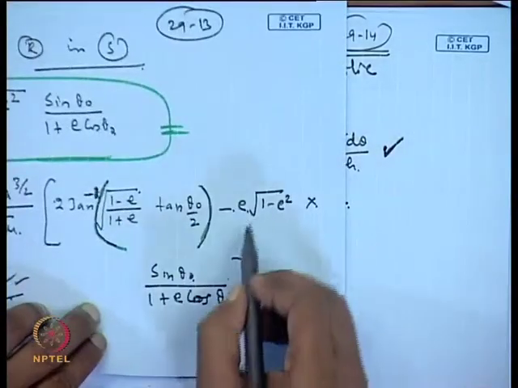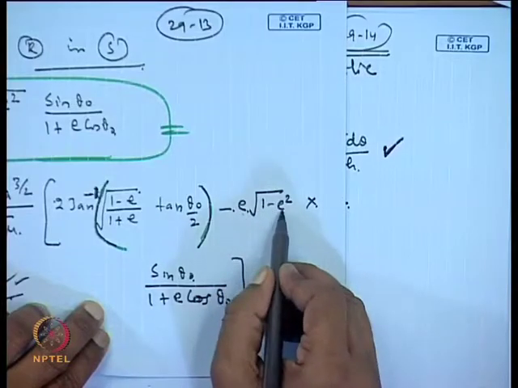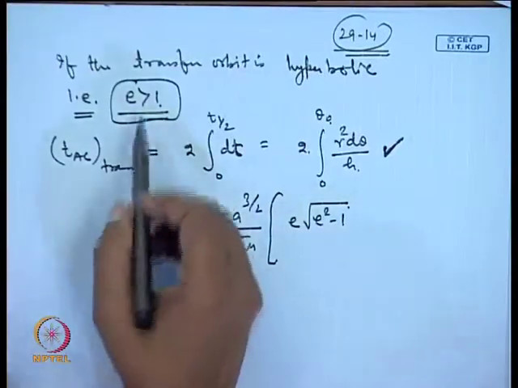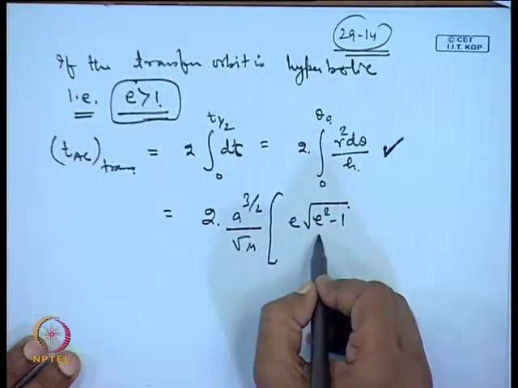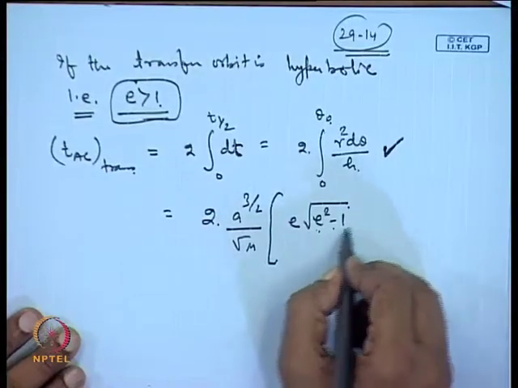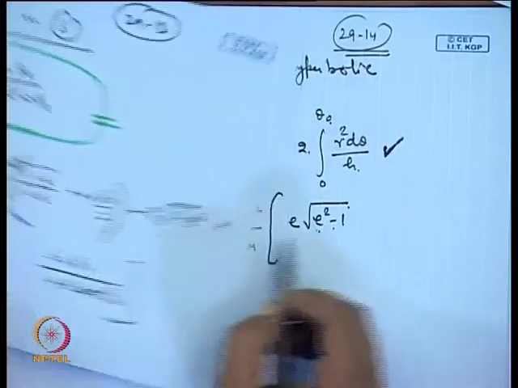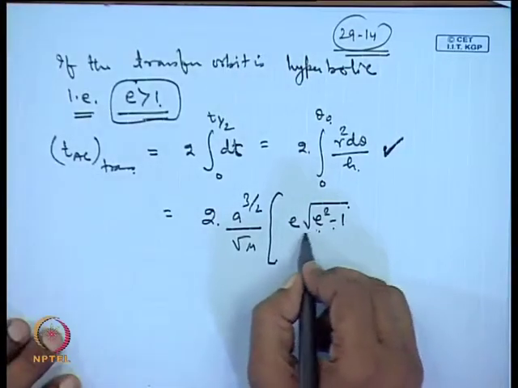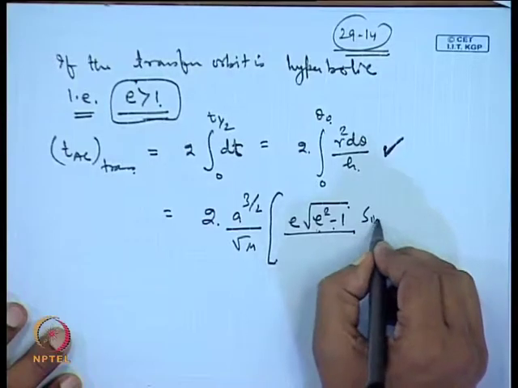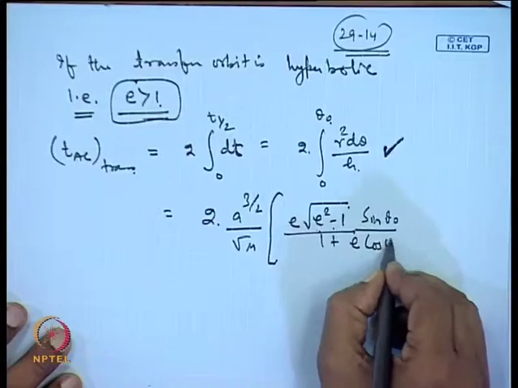See here the difference where it is appearing. Here we have written E times 1 minus E square, because E is here less than 1. Okay. In the case of hyperbolic orbit, E is greater than 1 and this is appearing as E square minus 1. And moreover, here the term was with a negative sign, here it has gone into the with a positive sign, and this time sin theta 0 divided by 1 plus E cos theta 0